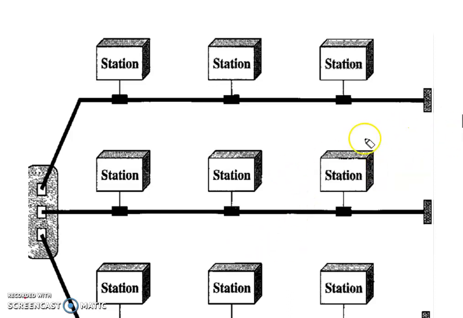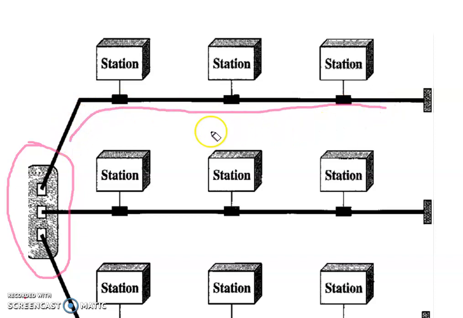Let me explain. If you see here, this is the hub to which we are connecting three buses. A bus has a backbone cable. This dark black line is the backbone cable, to which we have tapped the connections and connected the nodes, right? So this is bus topology. There are three bus topologies connected with one star topology, which looks hierarchical in structure, right?